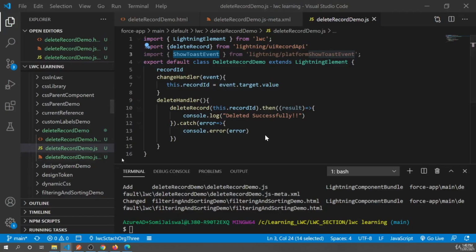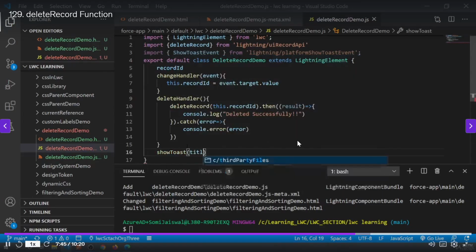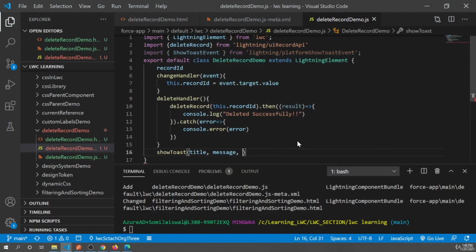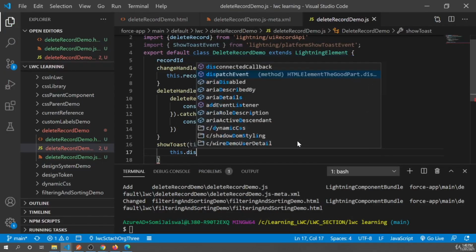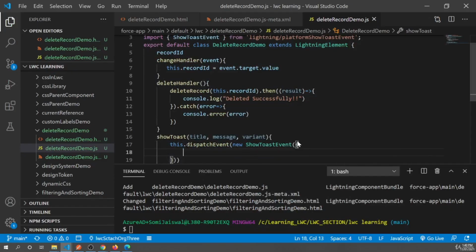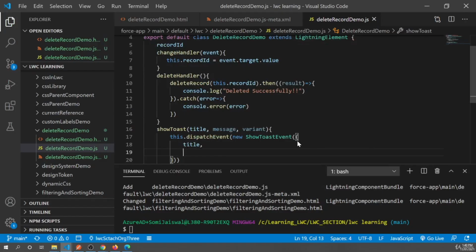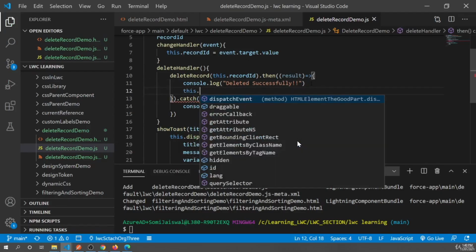And now what we're going to do is create a method. This showToast will receive the title, the message and the variant. That's the easiest way to create your reusable toast. I'll say this.dispatchEvent, and we're going to create a new event, that is ShowToastEvent. It will receive title, message, and variant. And let's go and call this showToast. We'll say this.showToast,